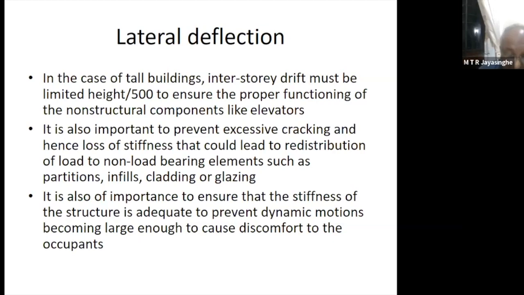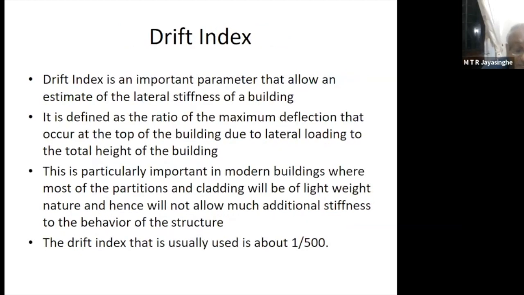Because the stiffness has increased so much, now you find the behavior of the structure is better. And what we say a good behavior is the drift is low, the deflections are low, and most importantly, the wind-induced accelerations are also very low. So it's very important to keep in mind, concrete is a super material, ideal for tall buildings, but you